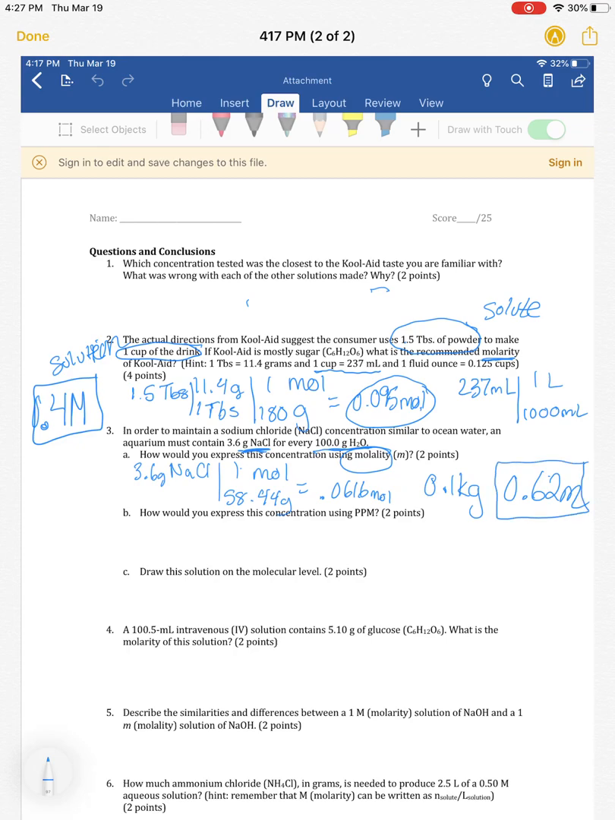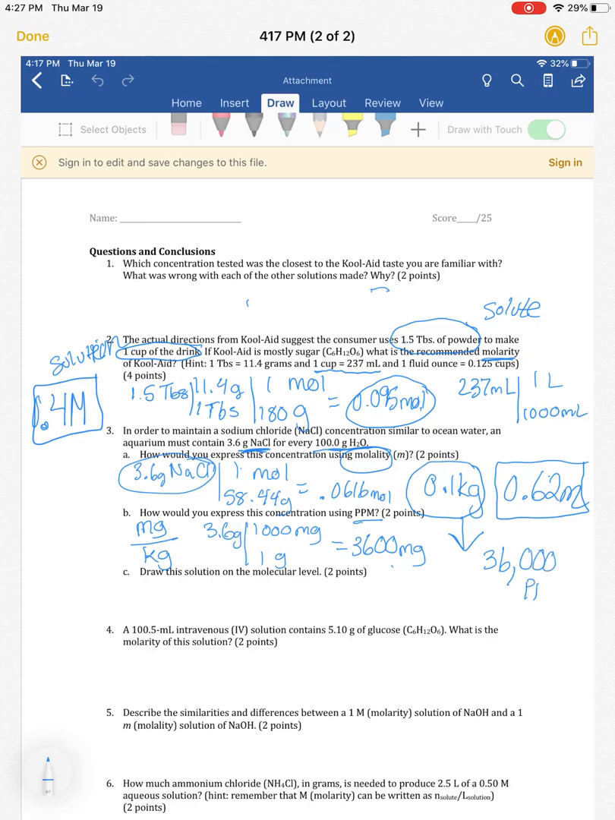All right. How would you express it in parts per million? Well, parts per million is milligrams over kilograms. So I would take my sodium chloride and turn that into milligrams. And for every 1 gram, there's 1,000 milligrams. So that gives me 3,600 milligrams of Kool-Aid. And I already calculated my kilograms, so I'm just going to take that down. Take my milligrams, divide by my kilograms, and I get